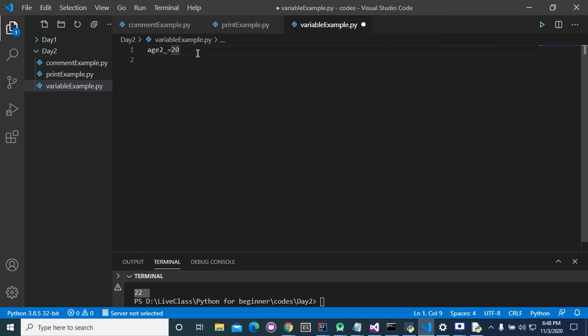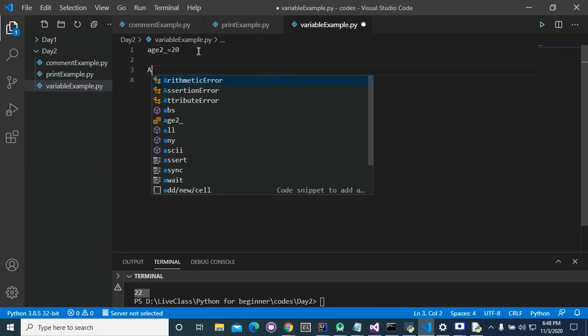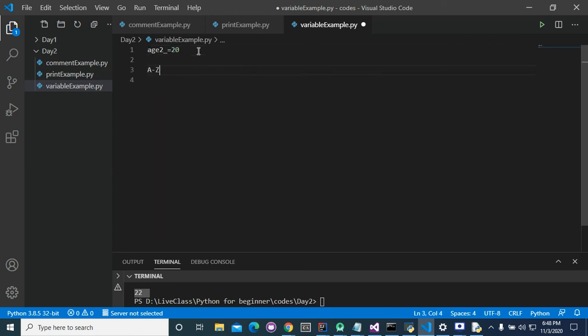This is basically correct. I told you that we can use alphanumeric characters. Alphanumeric characters means A to capital Z and small a to small z, and 0 to 9 are allowed, and underscore is allowed. These four things are allowed. Is there anything that is not present in these four that is present in this variable?